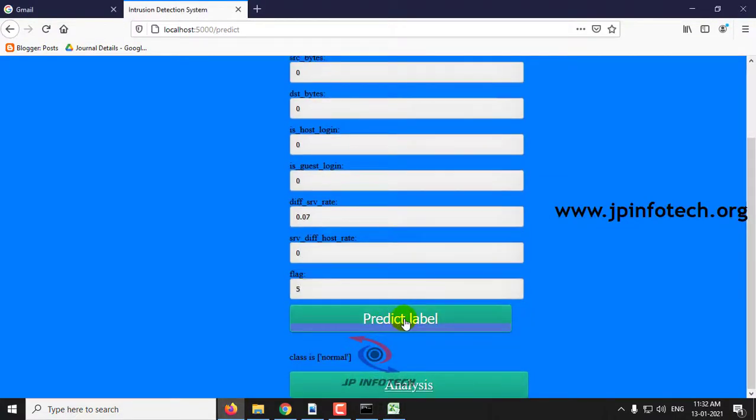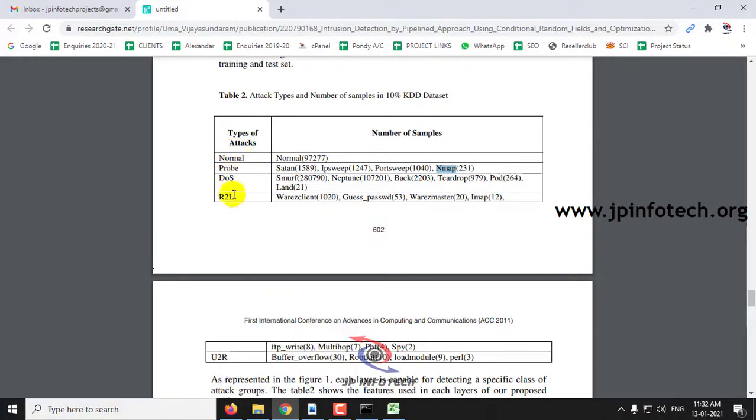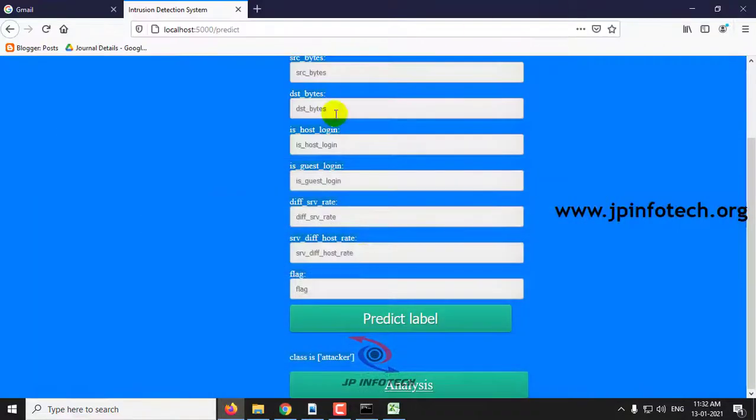Now I'll click predict label. Here you can see the class is attacker. So I showed you the two types, normal and attack. In such a case you can check all kinds of attacks that are mentioned, like probe, DOS or R2L.